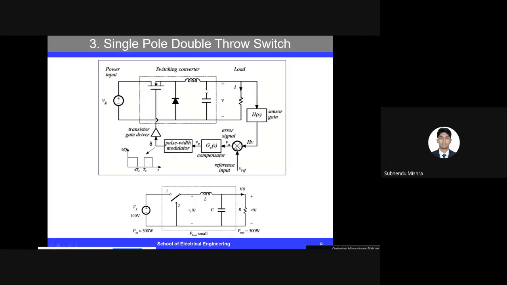Okay, so this circuit that you are seeing over here is a buck converter, and this is converting the 100 volts to the 50 volts output with a minimum amount of losses. And why is that happening? Because we are not operating the transistor in the active region. We are operating the transistor in the saturation region or in the switched off region, that is the cut off region, and we are using a diode. So this is the circuit that we use for power